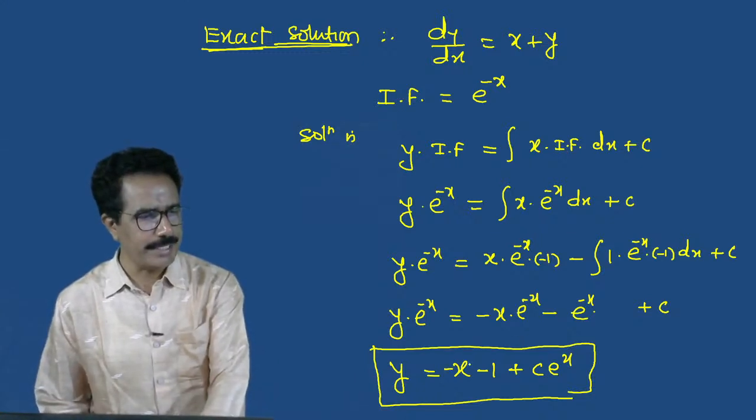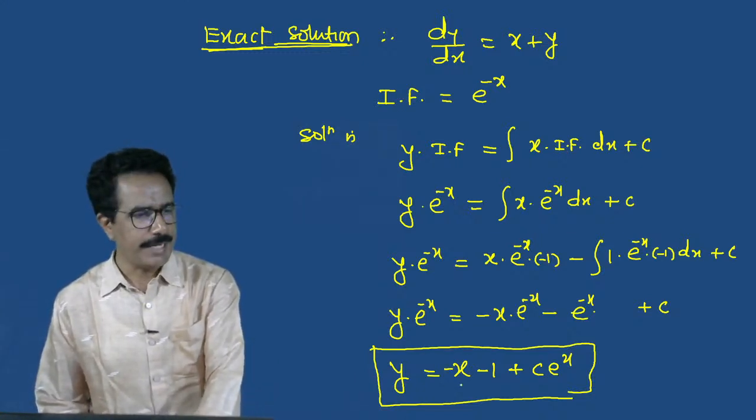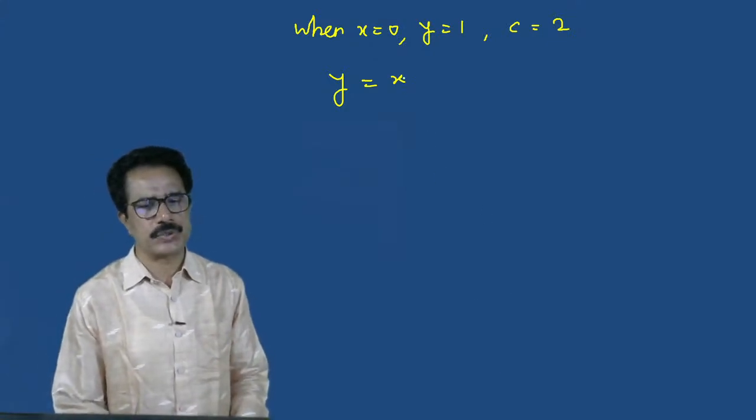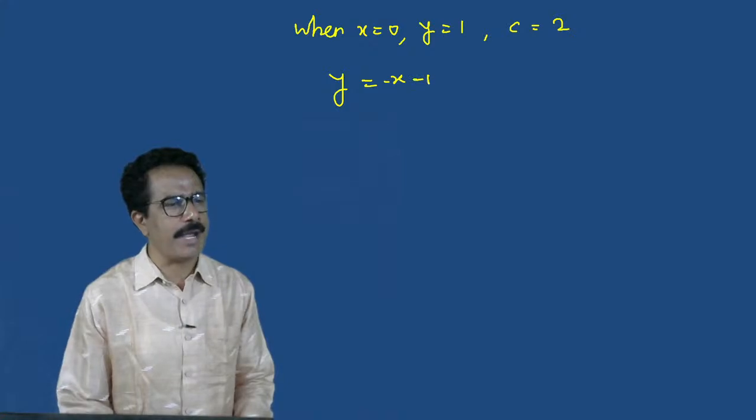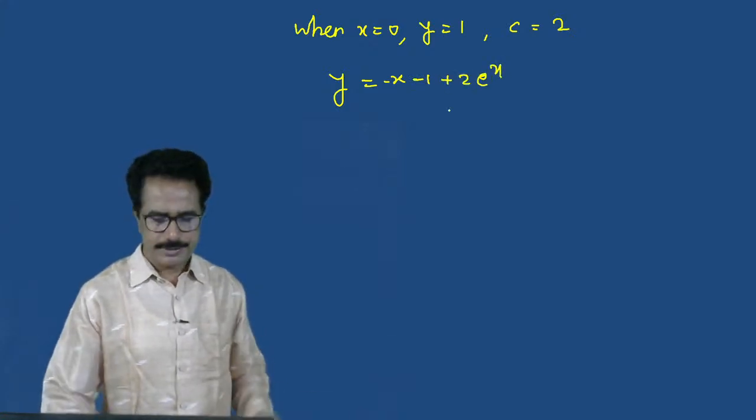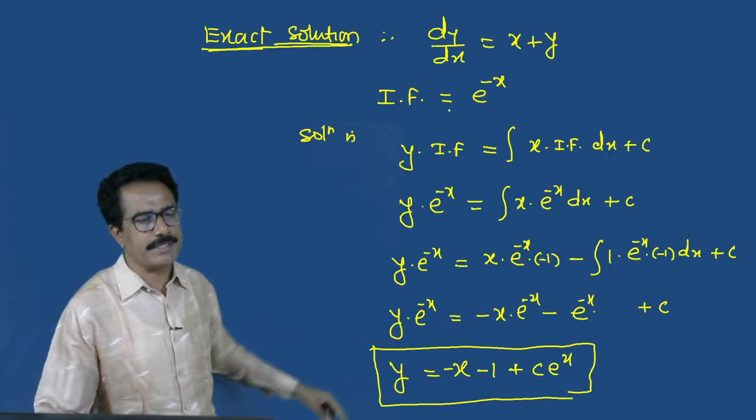So इथं मायनस आहे. So y is equals to, the required solution is minus x minus 1 plus 2 into e raised to x. हा minus x आहे, पण हे चेक